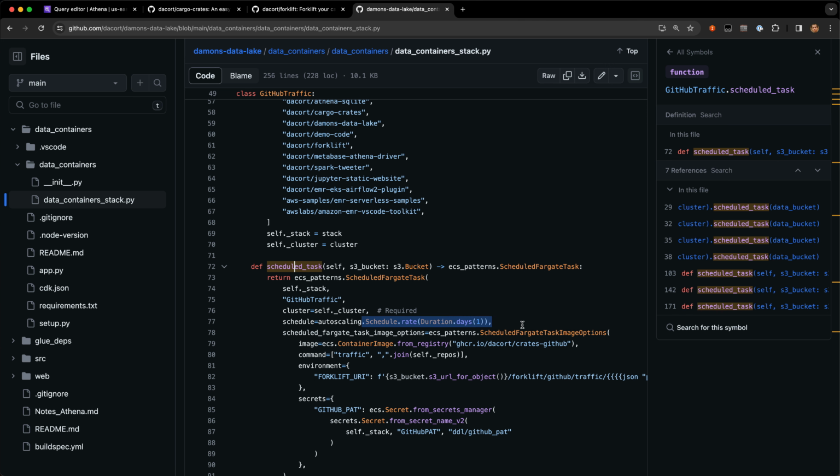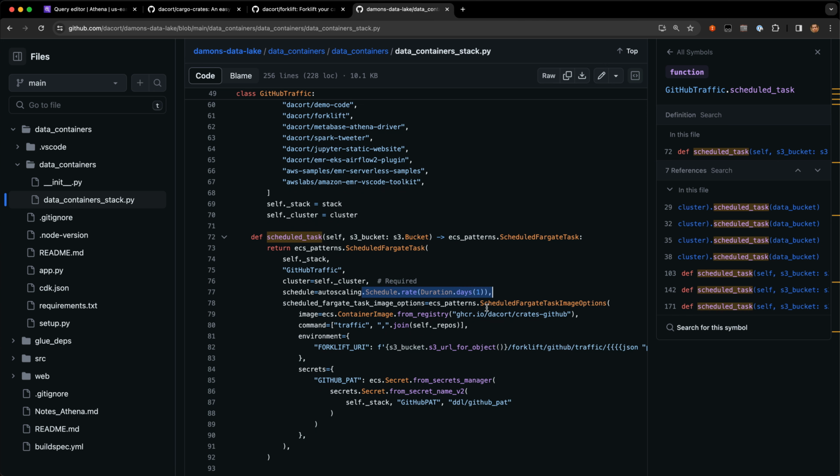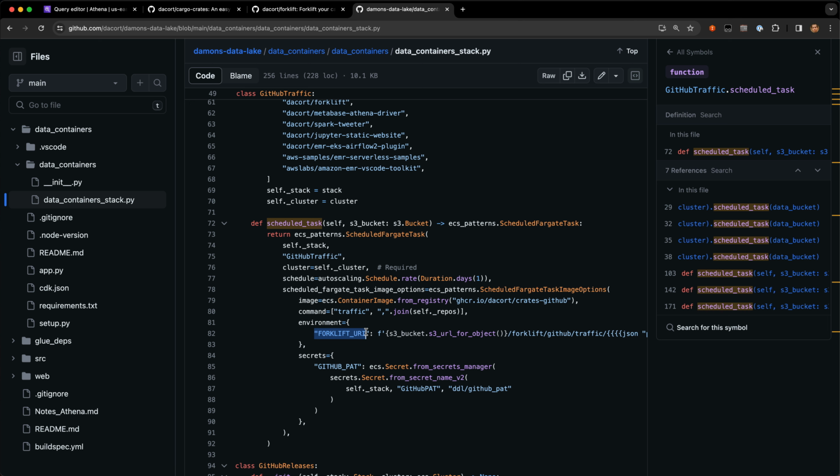And it just schedules an ECS task for once a day, pulls that crates GitHub image from my registry, and then it sets the Forklift URI environment variable. So I've got Forklift integrated into those containers as well. So if I set that environment variable, it writes it out to that location when that container runs. So pretty straightforward to set up.